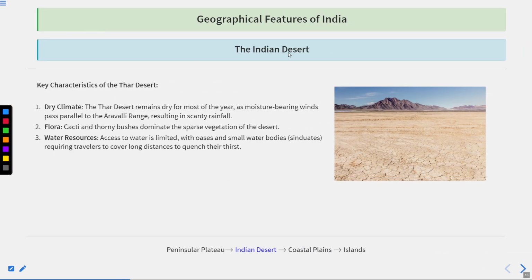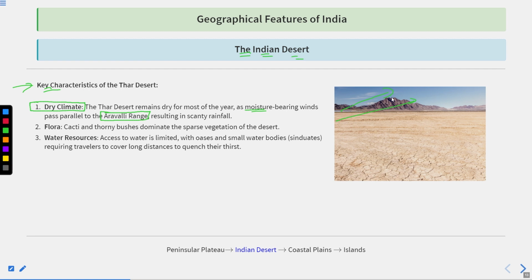Thereafter, if we talk about the key characteristics of the Thar desert. Okay. The first characteristic is the dry climate. The Thar desert mainly remains dry for most of the year. Why? Because the moisture bearing winds go parallel to the Aravalli range. It means that the monsoon winds generally flow parallel to the range. Okay. So that's why these ranges are not able to hold these winds